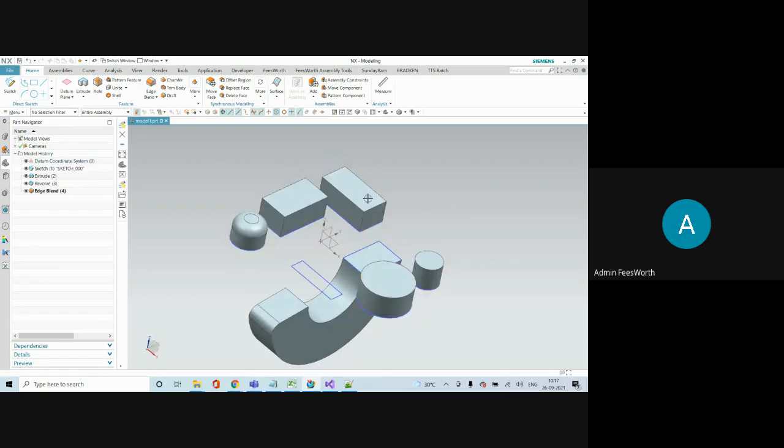Similarly, I have so many bodies. I want to know, is there any particular piece with weight less than 1 kg or less than 100 gram? So programmatically, you can write and read and modify. If it is less than 100 gram, just highlight it or delete that or show in which feature it is. Something like that you can do.